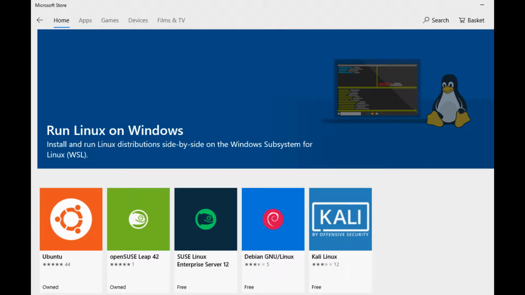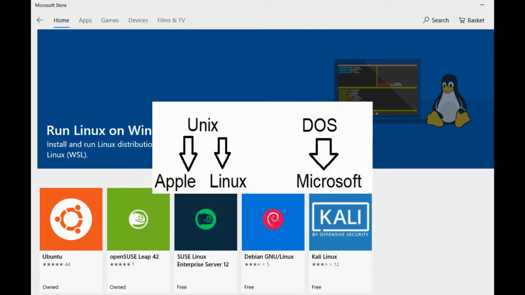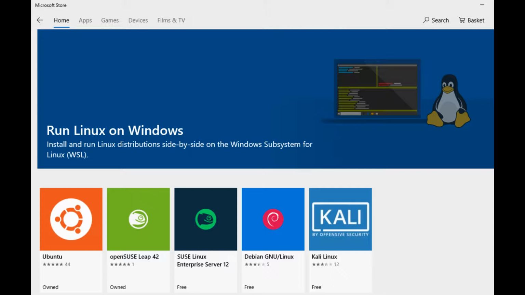A lot of people are getting upset with Windows and all their updates and every new version of Windows having problems, but a lot of people also don't want to go to Apple because they're very expensive to buy and even more expensive to repair. So tossing around between those two, we have Linux, which is based on Unix, the same operating system that Apple is based on. So you're getting the stability like an Apple product, but you're getting the real cheap system like Microsoft. Although Linux is actually free in many of the flavors that they have.